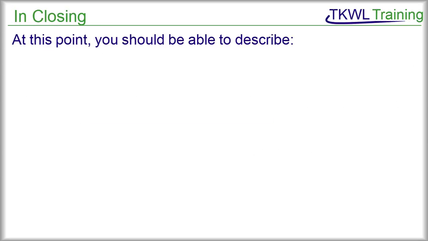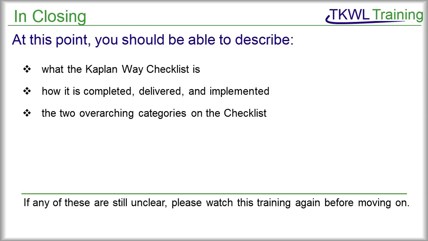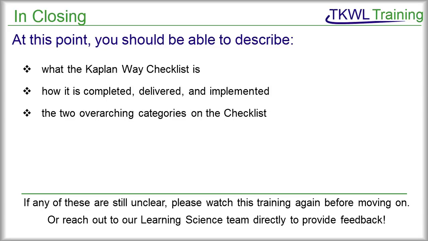At this point, we hope you have an overarching view of what the Kaplan-Way checklist is, how we use it to go from analysis to product teams to final improvement of learning events, and the two overarching categories on the checklist. Keeping in mind, we'll review the other 10 in much more detail in the following 2 segments of this training. If any of these still need a little bit more clarification, or if there are any additional questions that this session has brought up, please reach out to the Learning Science team to ask those questions and provide that feedback. Our next session will break down the other 10